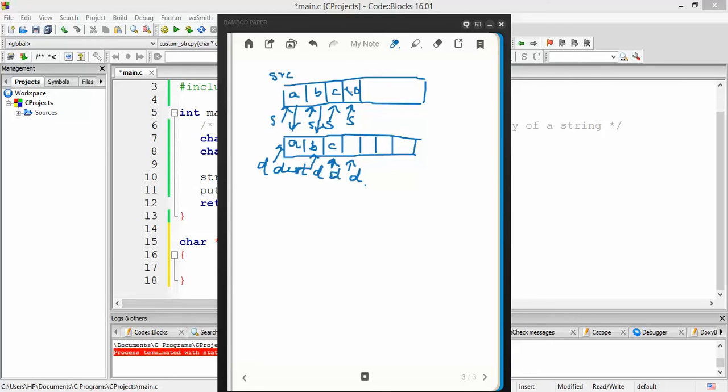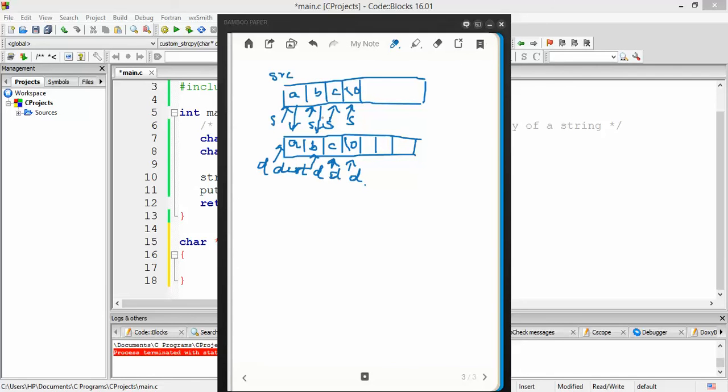At that point we would say that our copying has been done, and we would stop there, with one more thing: wherever D is pointing to, we have to assign a null character there to terminate it correctly, right? So this is our logic, and this copying of a character and then increment of S and D are repetitive, so we would be using a loop to do this.